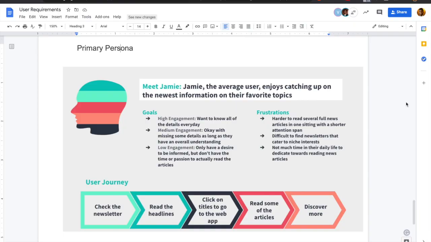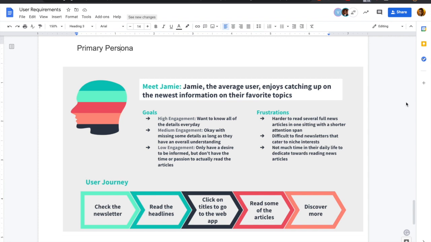Jamie, our primary persona. Bulletin is a personalized newsletter, so that allows Jamie to select their preferences and have all of their favorite topics that they can get their newsletter recommendations for. Jamie is usually a user that has either a short attention span or doesn't have a lot of time to read a bunch of news articles every day. And Bulletin provides all of their favorite news articles in a very centralized location.